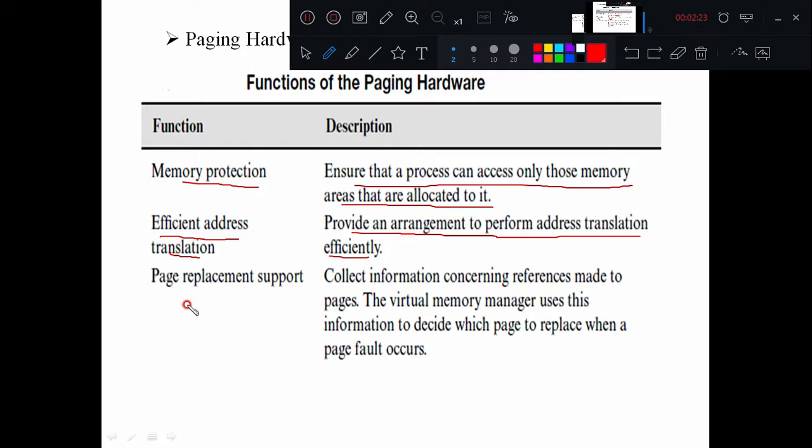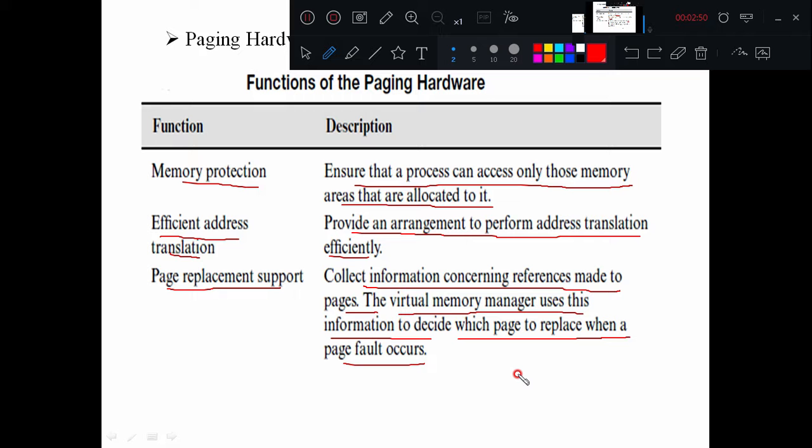Next, third one, the page replacement support. It collects information concerning references made to the pages. The virtual memory manager uses this information to decide which page to replace when a page fault occurs, right? So the paging hardware has the responsibility of replacing the correct page from the disk, right?